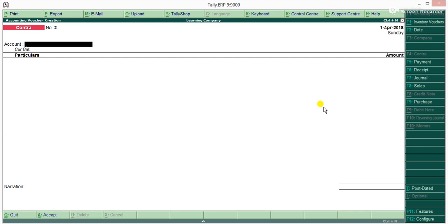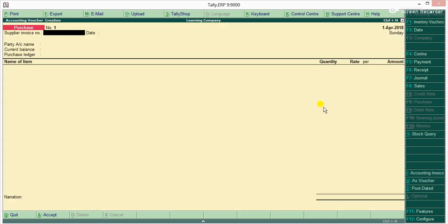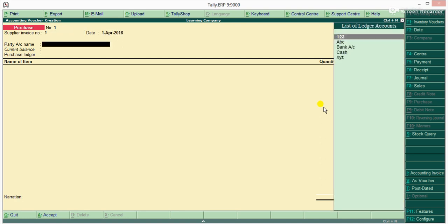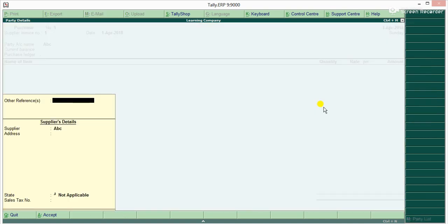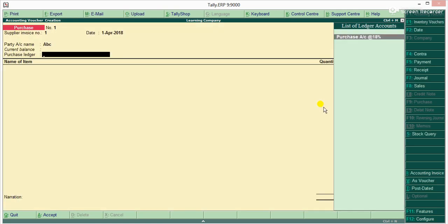Now for purchasing a product, for example, purchase, we have the shortcut F9. Supply invoice number, for example 1, 8 by default, we do not change. Supplier, we take ABC. Reference number 1, the sub we have to skip.